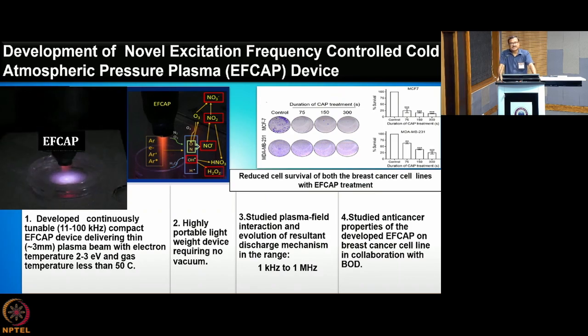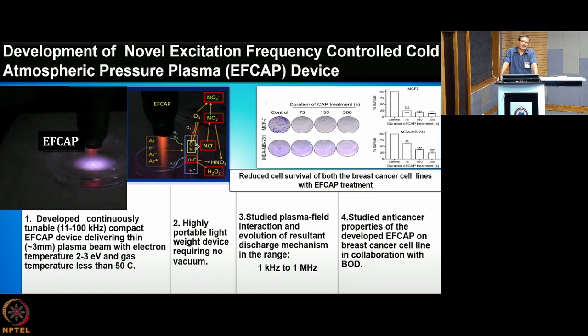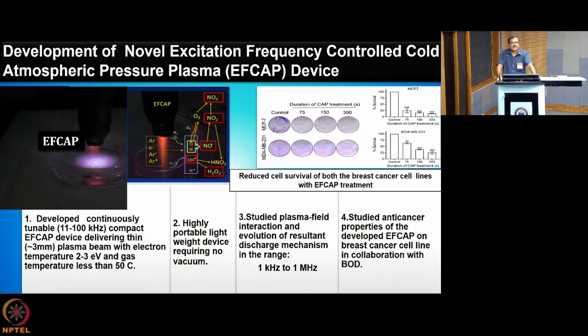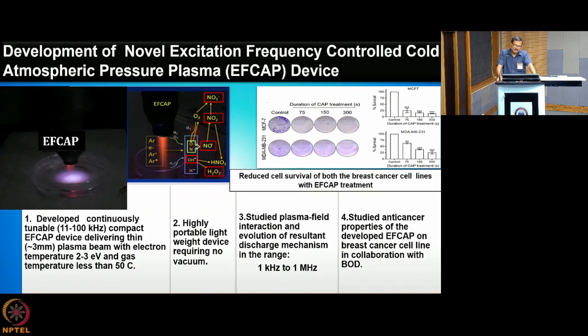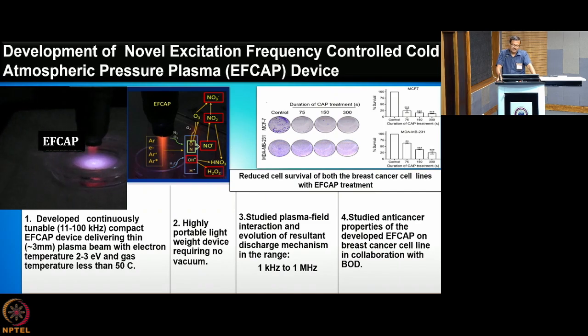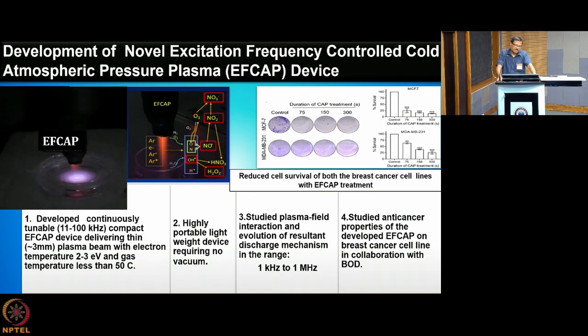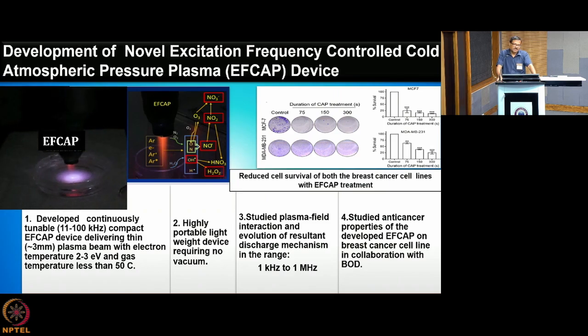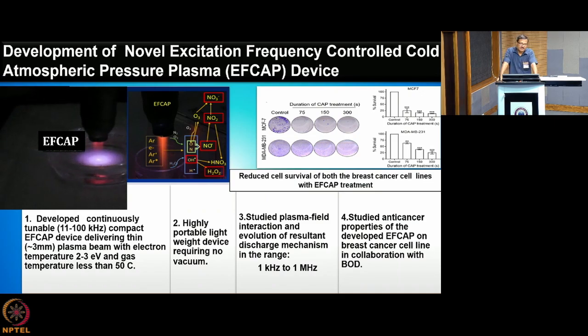This type of device is called a cold plasma device, and you know that the electron temperature in these devices can easily reach 2 to 3 electron volts. 1 electron volt is 11,600 degrees Kelvin, so you can understand what 2 electron volts and 3 electron volts mean. Although the electron temperature is so high, the temperature of the heavy species, like the gas particles and the ions, is no more than, say, 40 degrees centigrade in this device.